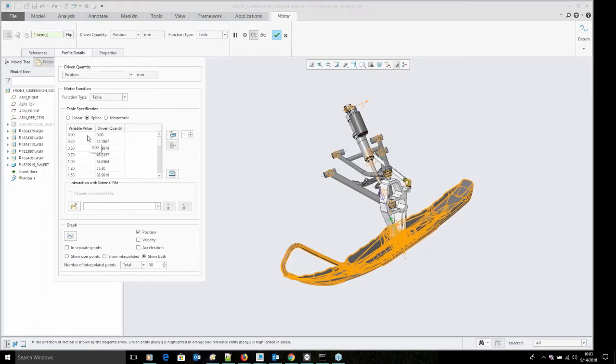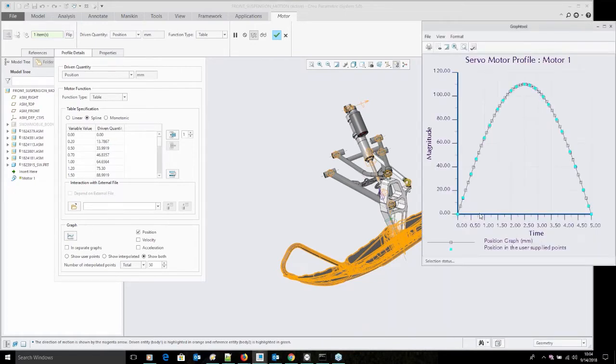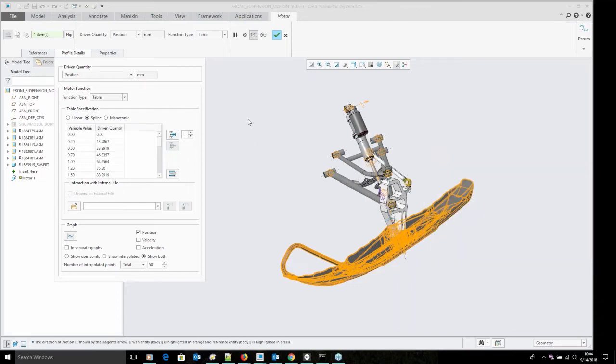motor. So in this case, we've got timestamps along the way, and we've got the driven quantity for that. If we graph that out, we can see we've got a nice little plot for this servo motor that's going to drive our mechanism through its range of motion. But this is us making some assumptions about what's going to happen over time as this ski runs over a bump in the snow or something like that. So these are assumptions that we're making about the performance of this, not actually using any sensor data to